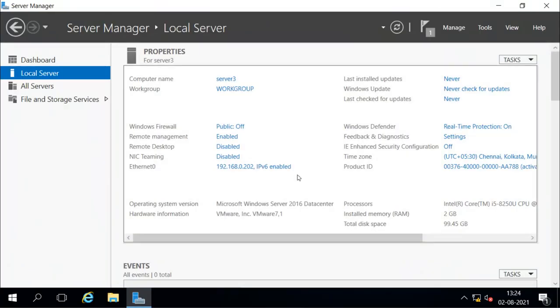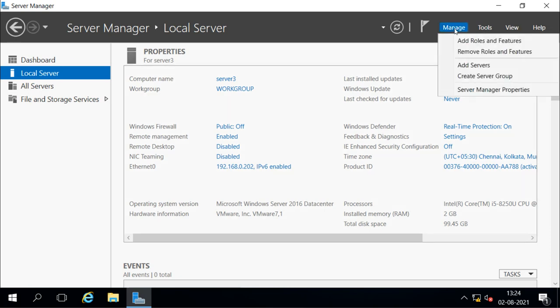Now this is our server 3 which is under the workgroup. There are no DNS server services installed here. Now if I want to create the DNS services with an Active Directory integrated zone, what we can do is promote this server to be a domain controller. When we promote this server to be a domain controller, it will install the Active Directory services and configure them with the DNS services. Without DNS it will not work. So we can just promote this server.